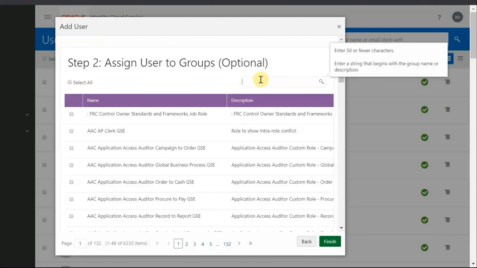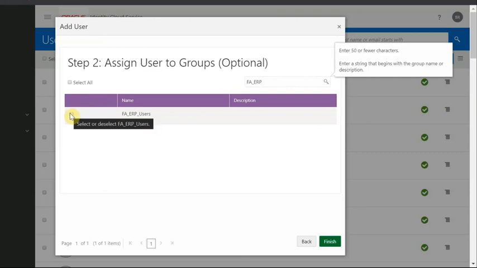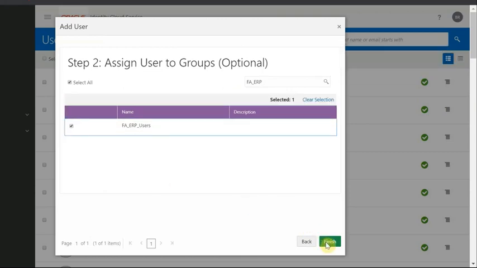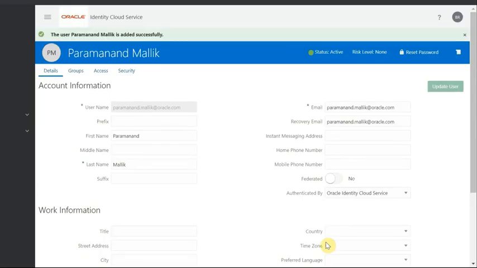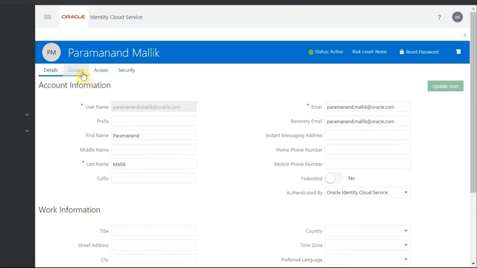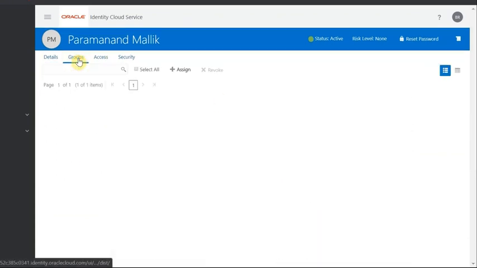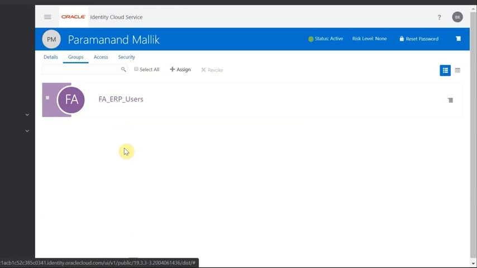For the purpose of this lab, the facilitators have already created the group for us. Assign the user to ERP FA users, then click Finish. The new user is created and we can see the user's current information, groups, and application access.